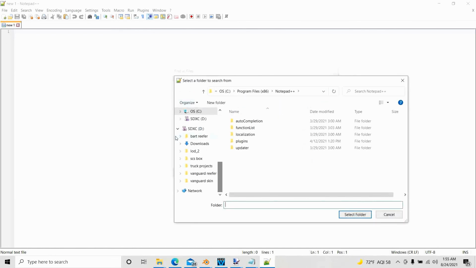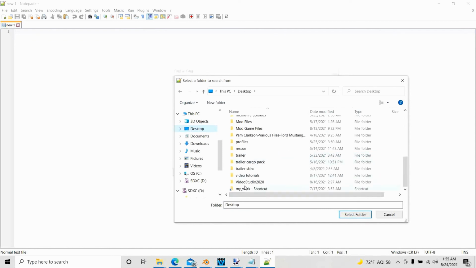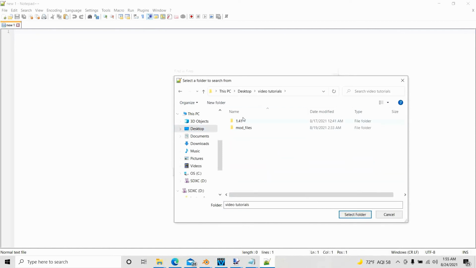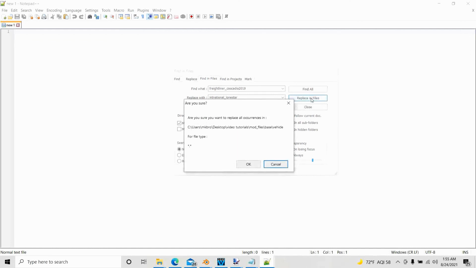So you come down to desktop, video tutorials, mod file, and then I can have it search the vehicle folder. I select the folder, and everywhere it finds Freightliner Cascadia 2019, I want to replace it with International Lone Star. So I hit replace in files,